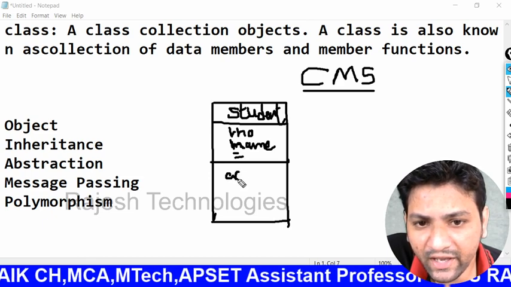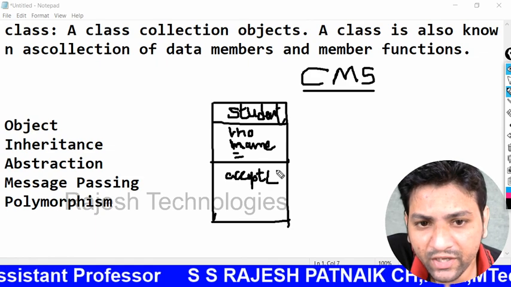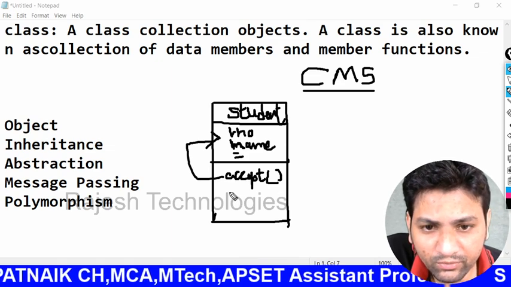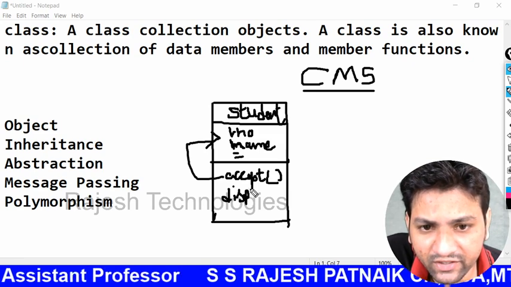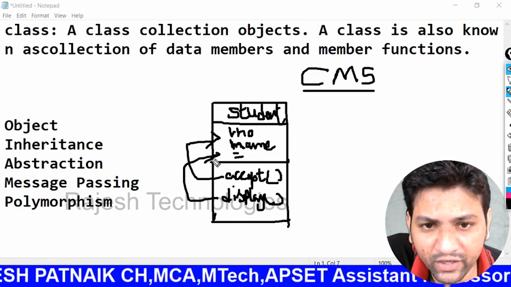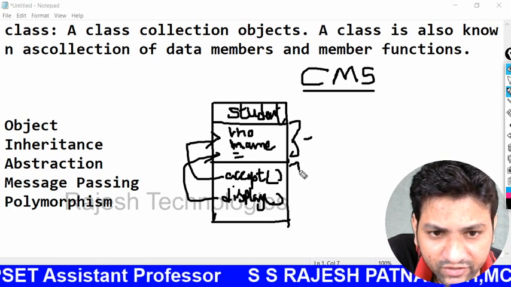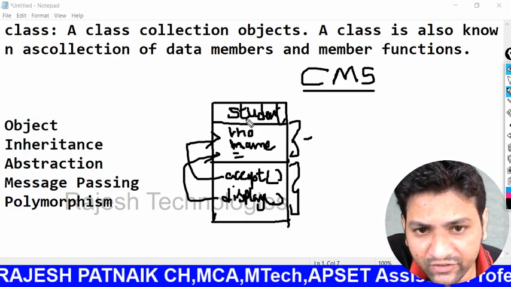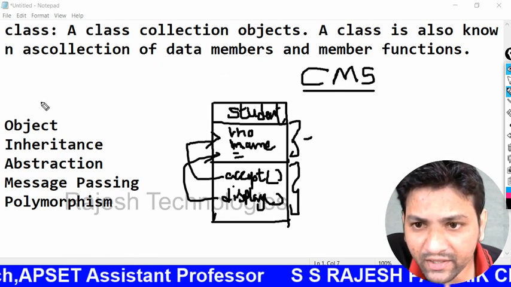For example, accept is my function name. It is used to accept the details of the student only. Similarly, display is the function name that is related to the student only. It only displays the details of the student. So these are the data members, these are the member functions. Class is the collection of data members and member functions that we put into a single unit. So encapsulation, it is